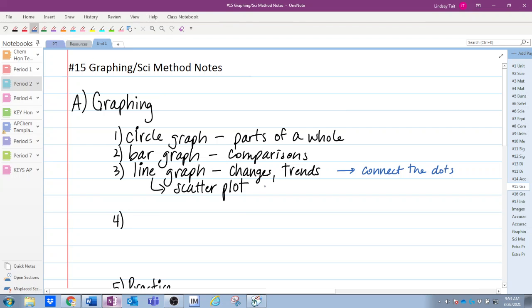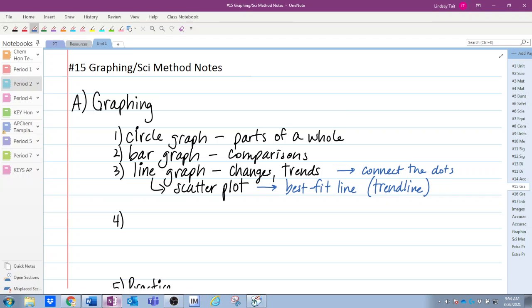When you do a scatter plot, though, you do not connect the dots. You would have what is called a best fit line. And our computer software that helps us make graphs, they use the word trend line. A best fit line or a trend line. So what's the difference here? In a scatter plot, when you put on a trend line, the trend line doesn't even have to touch a single dot. The trend line, as the name implies, is just following the trend of the dots